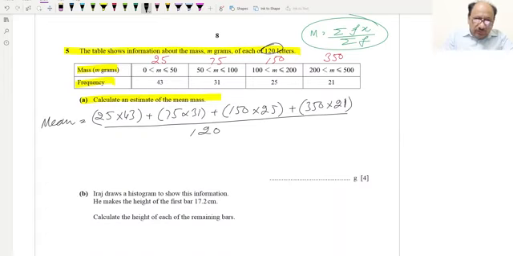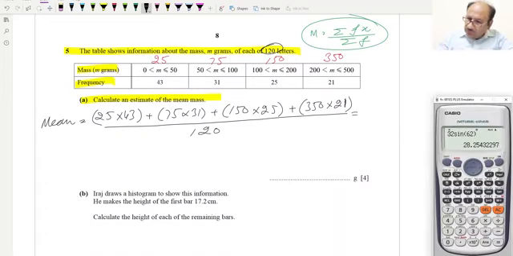So divided by 120, and this will be equal to what we can calculate as a fraction. This will be 25 into 43 plus 75 into 31 plus 150 into 25 plus 350 multiplied by 21 and divided by 120 is giving us